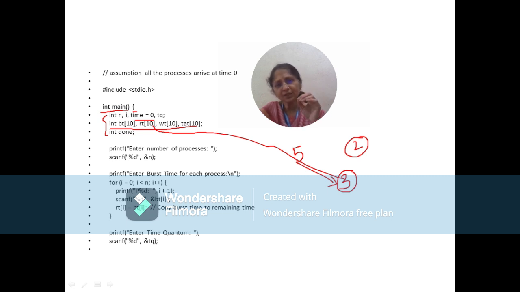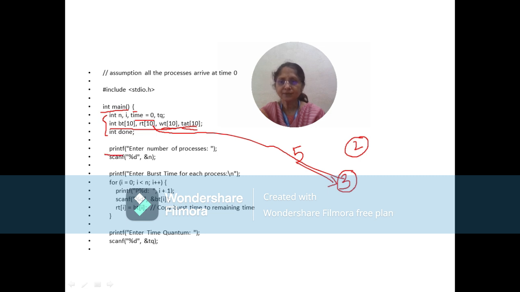For each and every process, until the process is completely executed, the remaining times will be stored in the array rt. Then there is one array which is going to calculate the waiting time of each process, and an array tat which is going to store the turnaround time of each process.